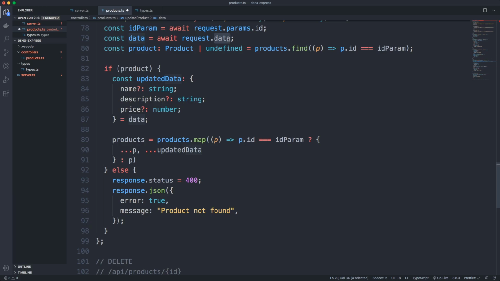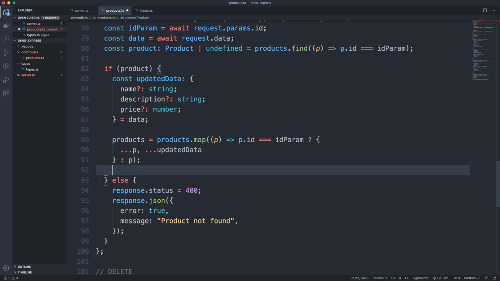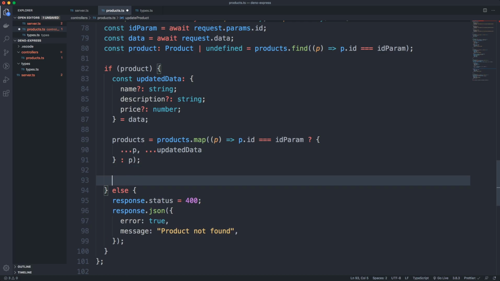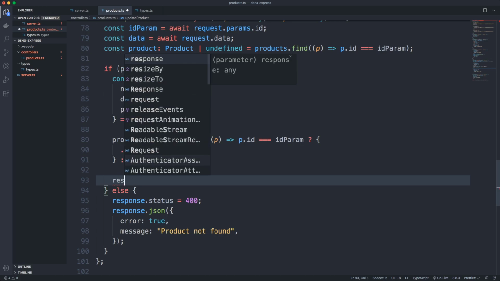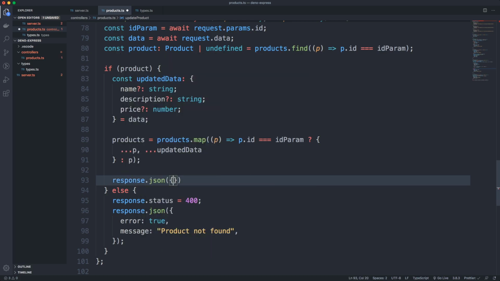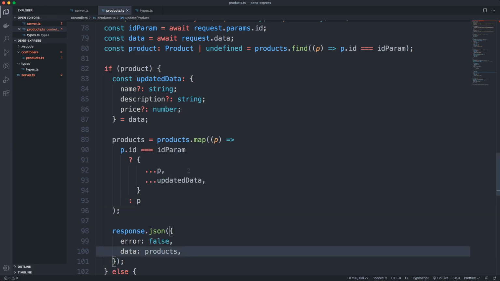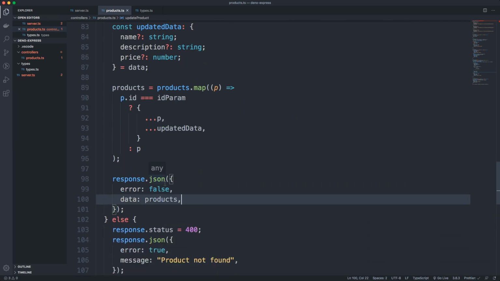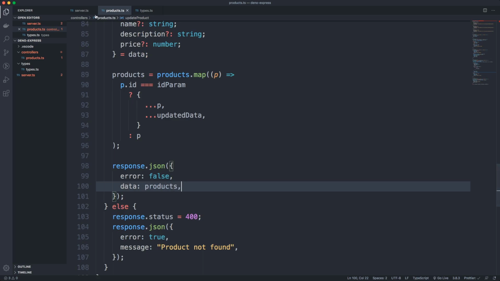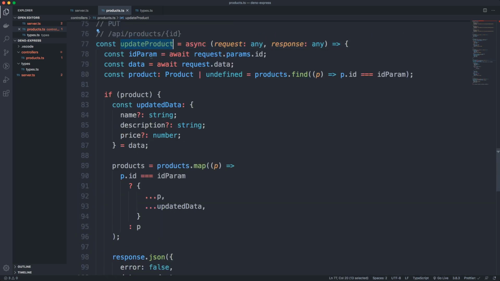So if you're a little bit confused, just hang on, and I think you will get a better idea of how this works once you see it in action. So basically, after this line, we have pretty much updated our products array. So we just want to send back a response saying that everything has been updated. So we'll do error is false, and then data will be equal our updated list of products. So I just saved and it formatted the code for me here. And this pretty much concludes our update product